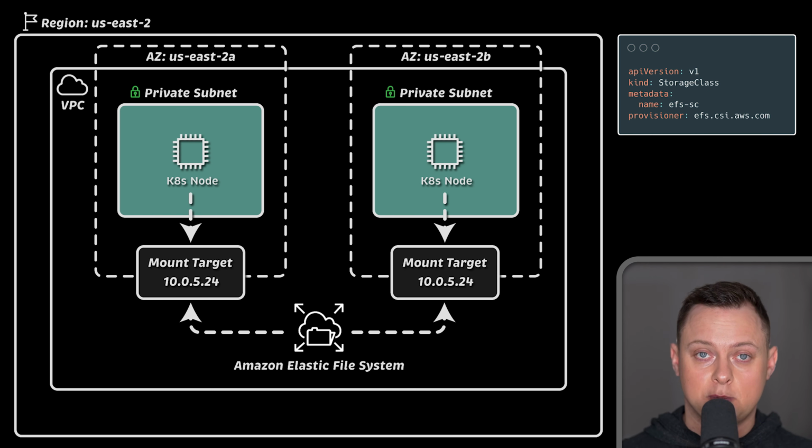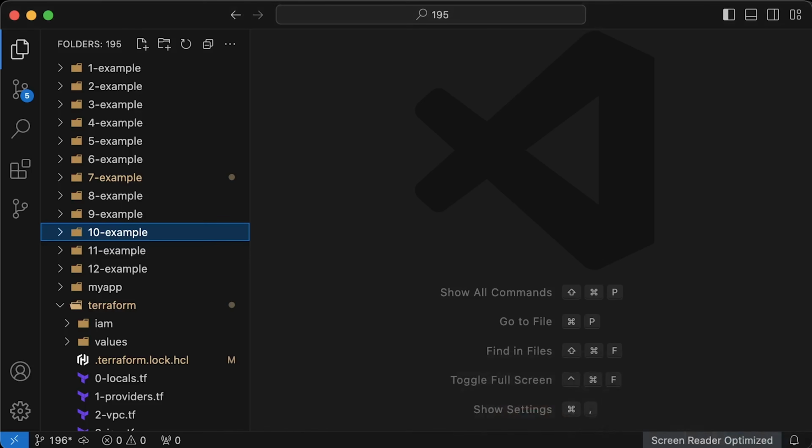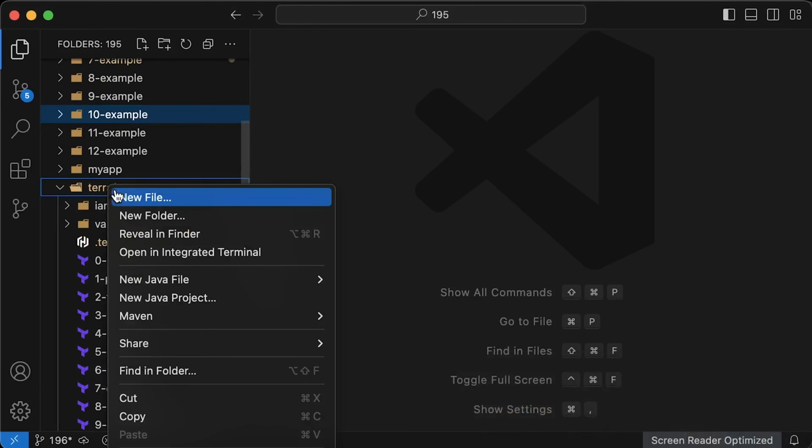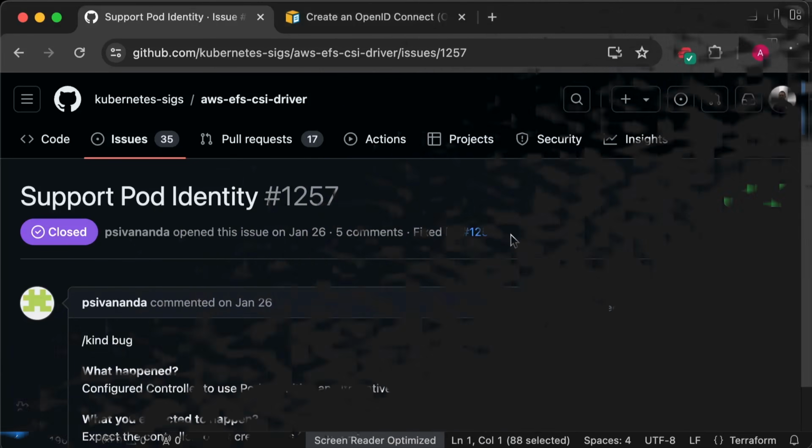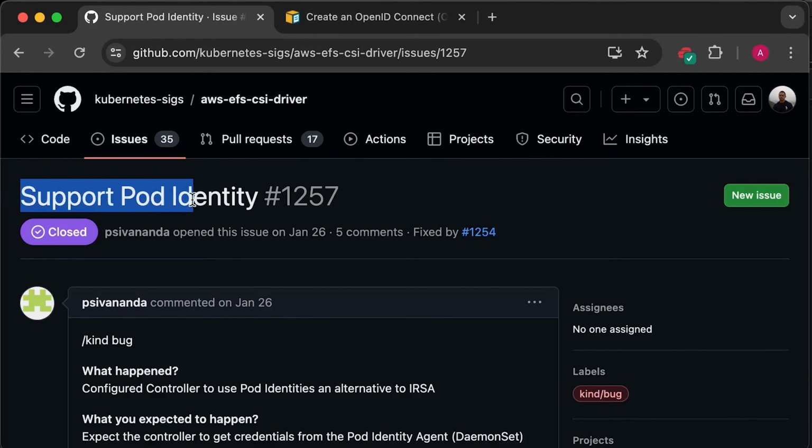Finally, we will create a Kubernetes storage class and use the EFS storage class to allocate volumes using persistent volume claims or stateful set volume templates. At this point in time, the EFS CSI driver doesn't support EKS pod identities. In the future, they will most likely update the AWS SDK that they use, but for now you have only two